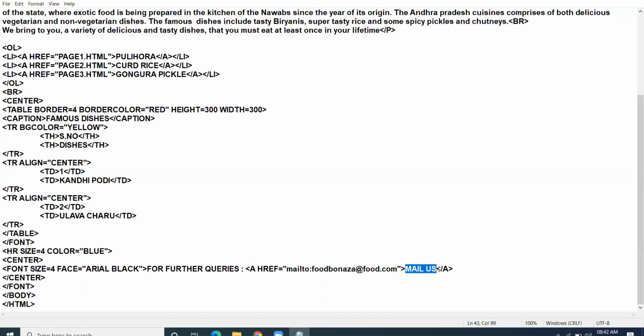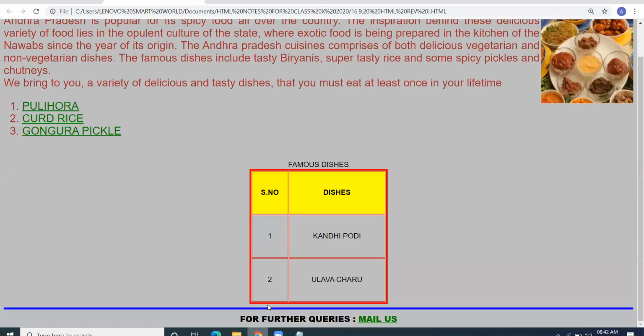Then this is the hyperlink mail us. When you click on this hyperlink, an email message window will appear where you can send the mail. Now I close the anchor tag and the center tag. I close the font, the body, the HTML. And this is the complete web page.